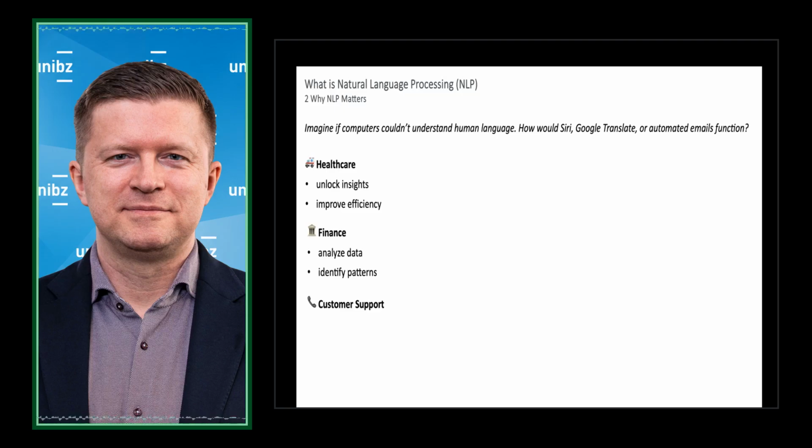Another interesting area, which I have mentioned a couple of times, is customer support, because here millions of customer queries require fast, accurate, and personalized responses. NLP tools like the previously mentioned Zendesk really transform customer support with chatbots and automations like FAQs, ticket routing, or escalation. NLP has also enabled support in multiple languages using translation and intent recognition.